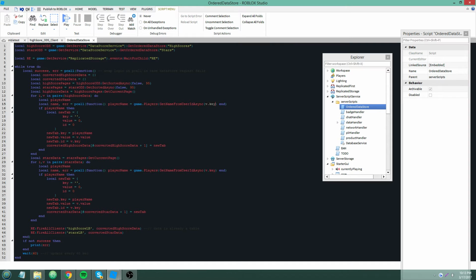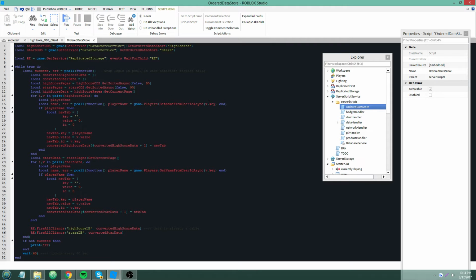So basically what's inside of HighScoreData, just imagine it as a big table where it's not a dictionary, it has integer keys, and then the values to those integers are tables. And what's inside those tables is key and value.